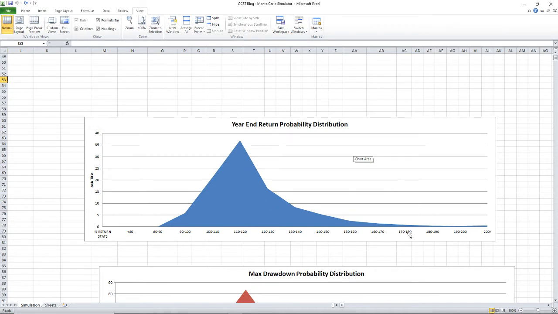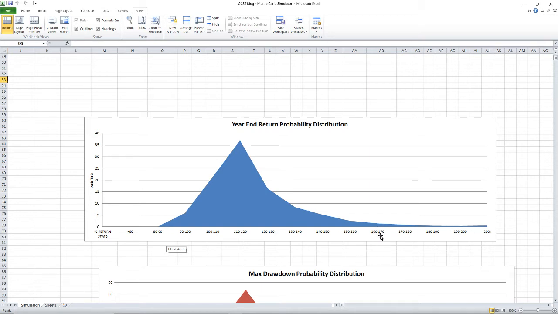By looking at this graph, it's saying that based off the simulation, I've got something like a 37% chance that I'll have a return between 110 to 120, and there's essentially, based off the simulator, there's not really much chance of me having a drawdown or ending up with less than 80 to 90% of my initial capital. And so see, there's a bit of skew there because there is still potentially a chance that I might